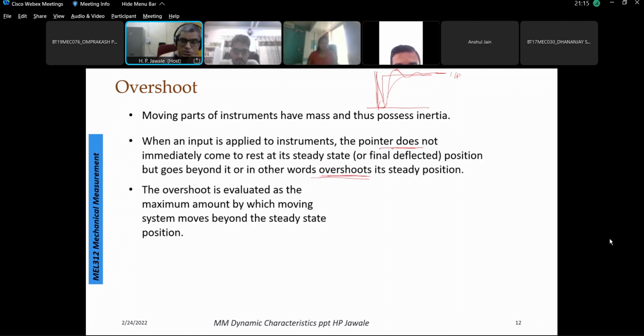So the overshoot is nothing but something which is showing the highest possible value beyond the true value or the standard input value given to the system. So the very first representation of the measurement instrument or measurement system is something higher than that of the standard input given, and that we call the overshoot. So this overshoot is evaluated as the maximum amount of the output by which the moving system